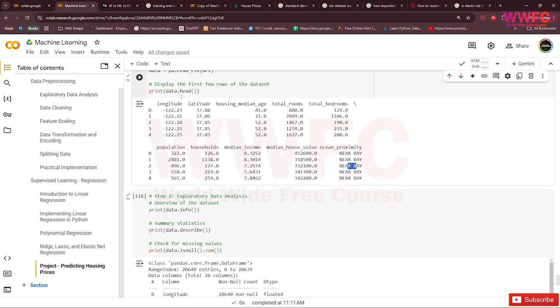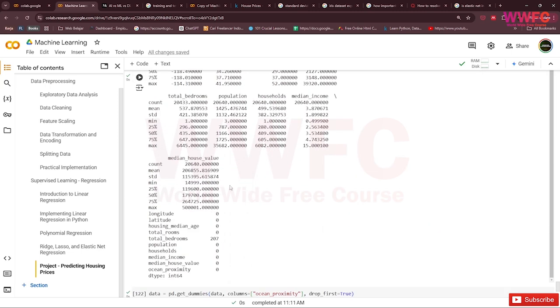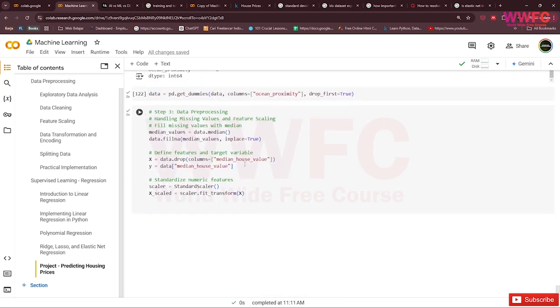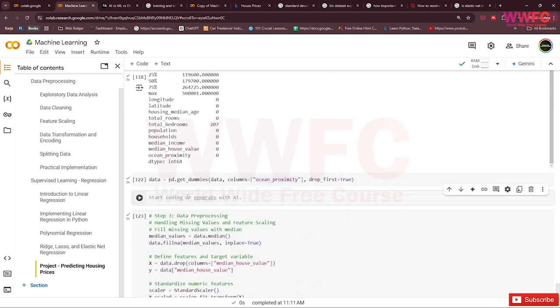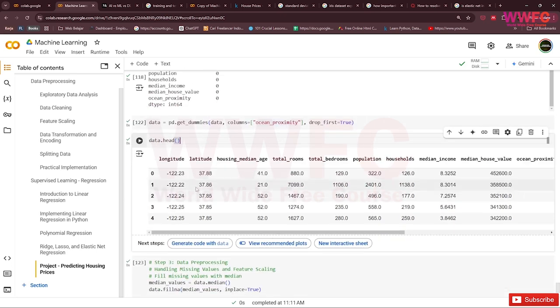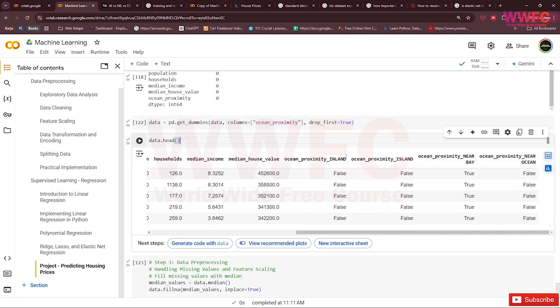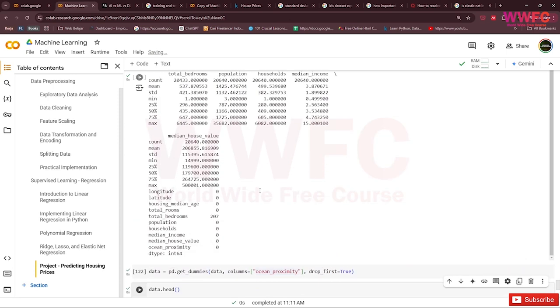So we go to numeric data first and transform it with one-hot encoding. We can check with data head. Ocean proximity has inland, island, near bay, and near ocean, and we get false, true, false values like this.